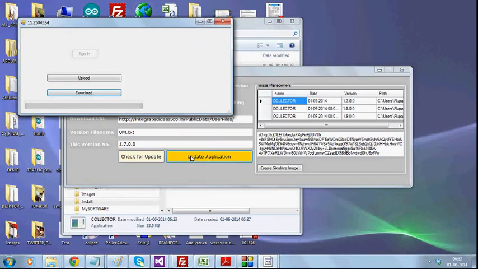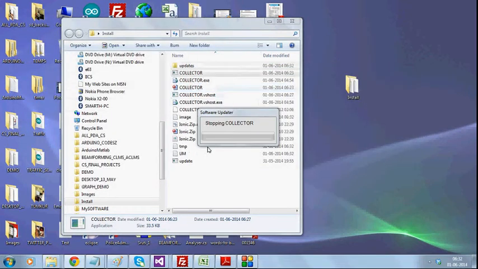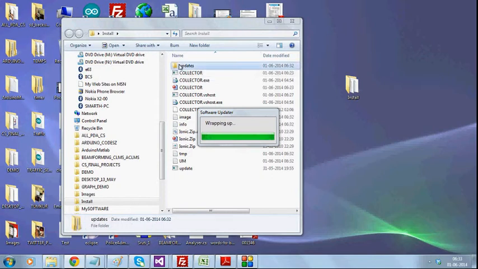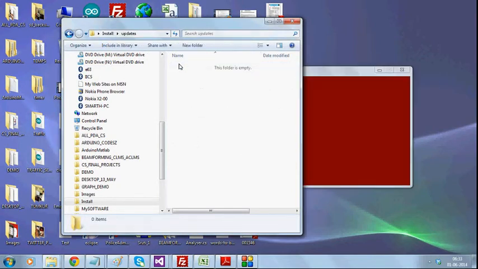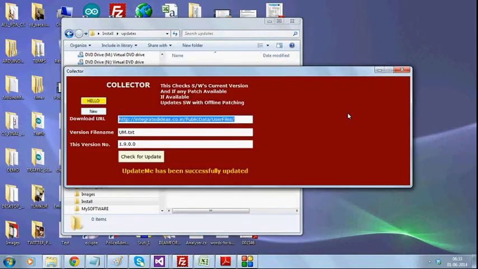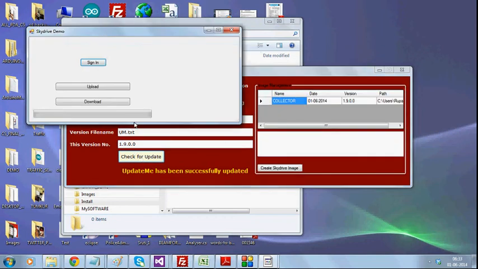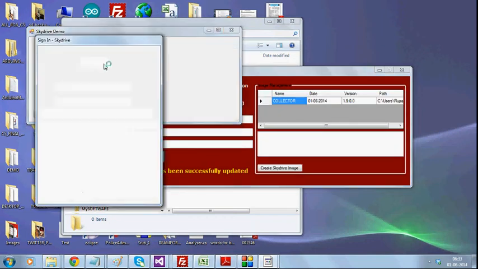Whenever I am updating, it would want me to upload the current information, fetch the files, download the packages, and finally update my software. So as you can see, the current software is 1.9.0. If and when I check for this one, this is the current version of the file, 1.9.0.